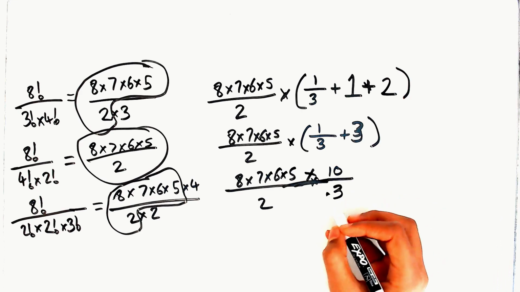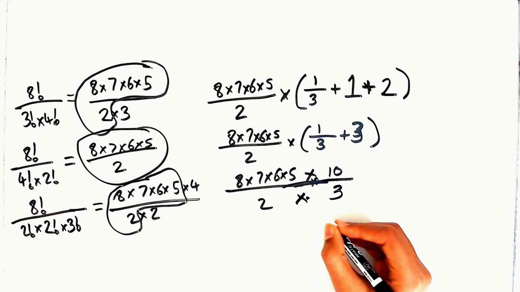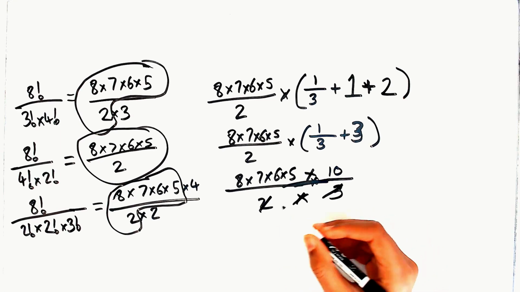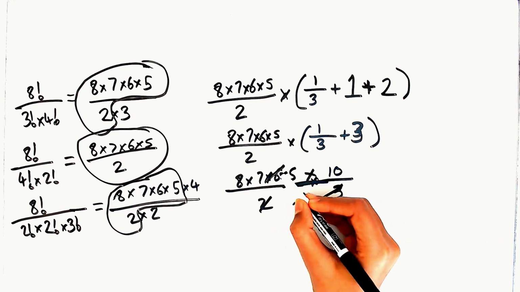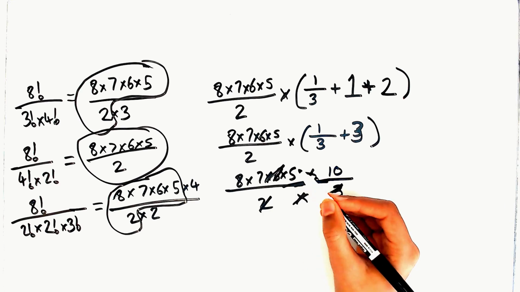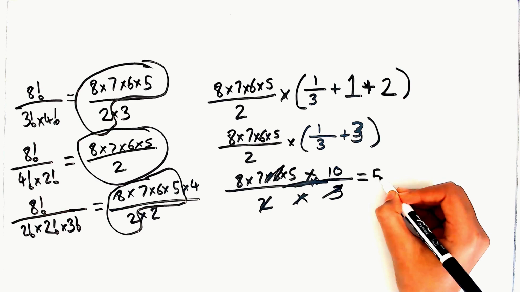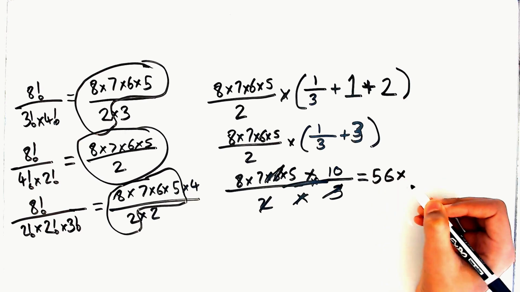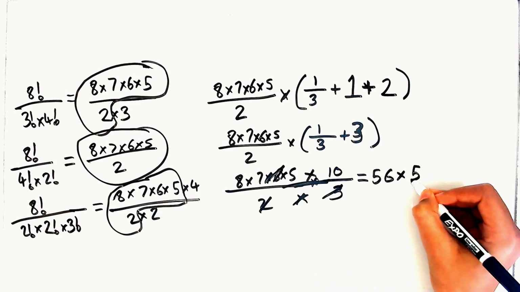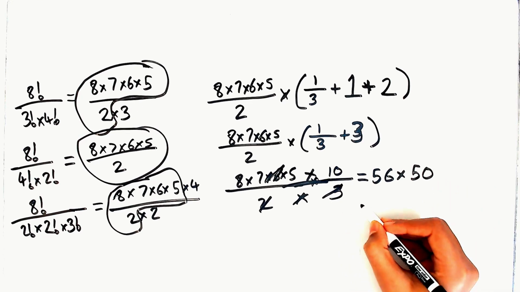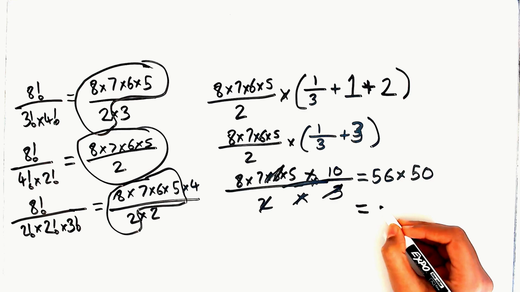So here we can just cross out 2 and 3, because 2 times 3 is 6. That means we also cross out the 6. Okay, so this would equal, so 8 times 7 is 56, times 5 times 10 is 50. So 56 times 50 equals